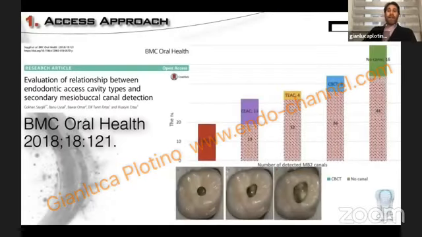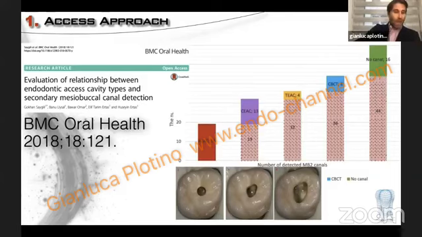And these studies have demonstrated that the use of CBCT in detection of MB2 canal in connection with different type of access cavity have determined the fact that even in a small access cavity, we can visualize and identify all root canal orifices, because we already know before the instrumentation and before the root canal treatment.